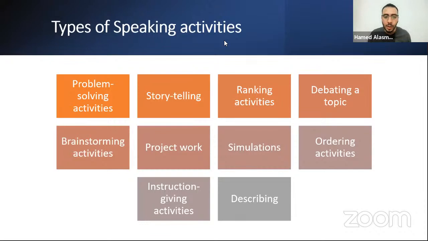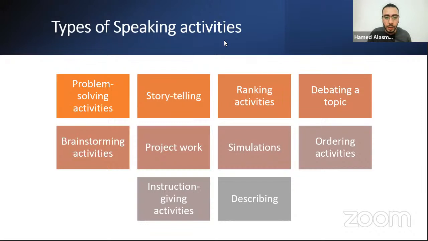How to deal with weak students in the class in speaking? The question is actually very general because you can teach speaking to any class, any level. It depends on the kind of activity and what you want them to do. So you can follow the same procedures, but it will be a little bit simpler in the task itself and the language, of course.